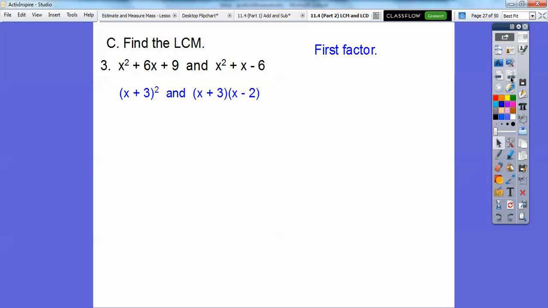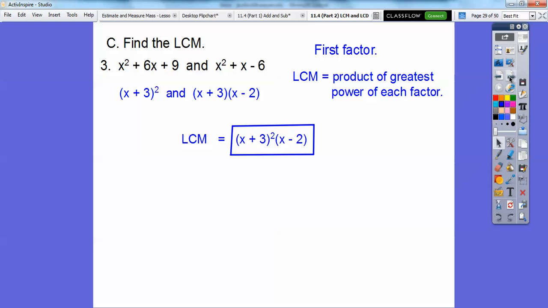Okay, and then your least common multiple is the product, which means multiply, of the greatest power of each factor. So I see some x plus 3's and I see an x minus 2. This is the biggest group of x plus 3's, so it's going to have this one and this x minus 2. So the least common multiple is going to be x plus 3 squared times x minus 2,